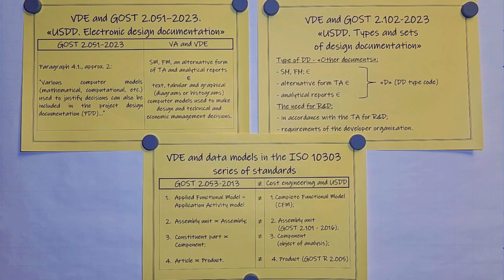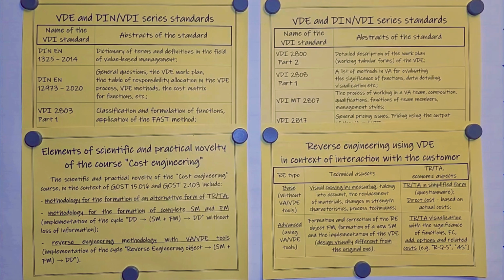Product is an object of a substance produced or a result of natural and artificial process. In the Unified System of Design Documentation, a product, in accordance with GOST 2.005, is an object or a set of production items to be manufactured in an organization according to the design engineering documentation. In terms of foreign standards, a series of DIN and VDE standards should be noted firstly at